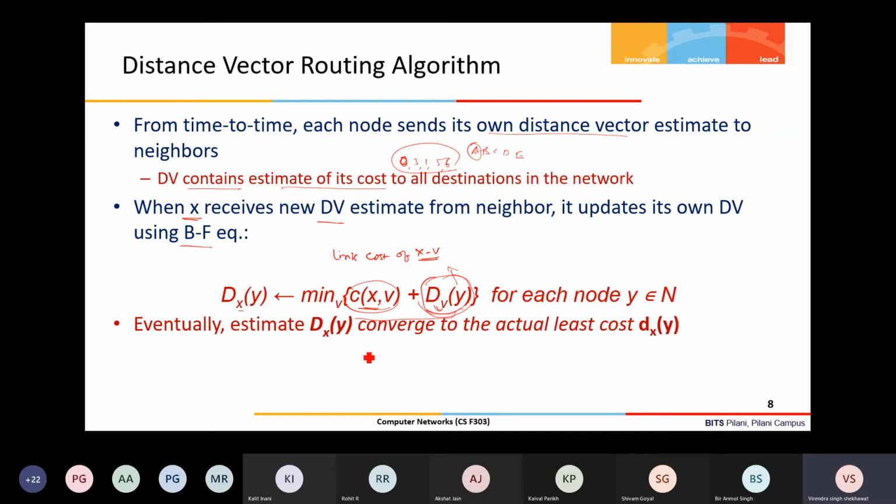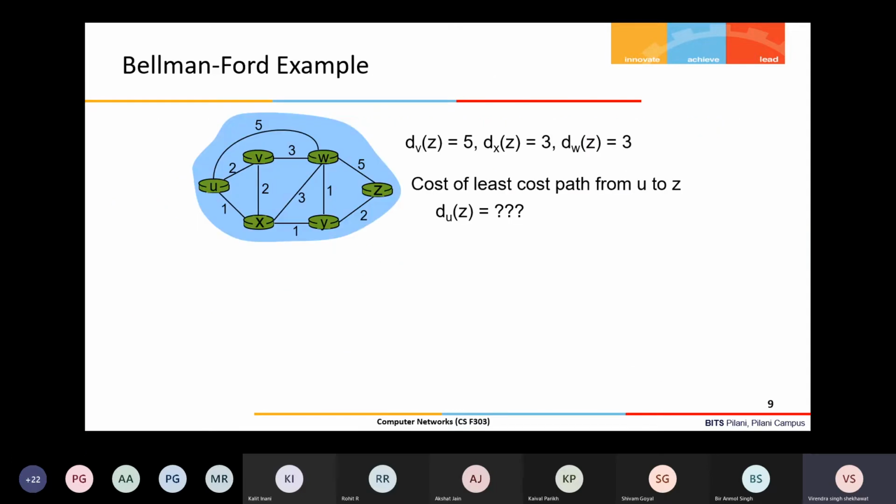So it will compute that, and it is receiving it for each node Y. So ultimately this d_xy converts to the actual least cost that is represented by the small d_xy. We will see with this example that it will be more clear.